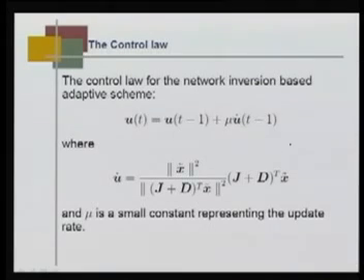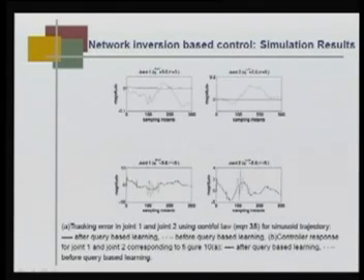So, we derived this algorithm. My control algorithm is u(t) = u(t-1) + μ u dot, where u is the same as tau, and u dot is this expression, which can be computed very easily because these are simply norm squares. J is a Jacobian matrix computed from the neural emulator. D is an expression that we already expressed in this class. So, when you implement this thing, then you see that